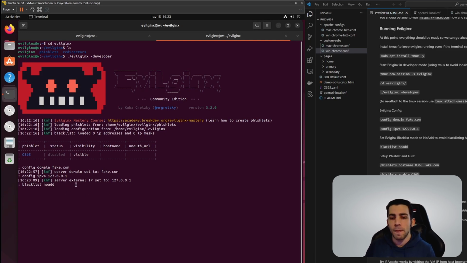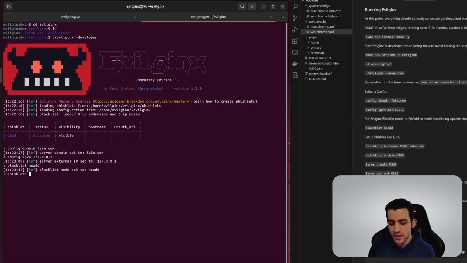And this is because Evilginx by default, if you leave the blacklist on, what will happen is that when anyone requests a URL other than the lure URL, they're going to be added to the blacklist, assuming that there are scanners or detection engines, or somebody investigating. But in our case, since Evilginx is sitting behind Apache, it's going to see all the requests coming from the localhost IP. So we're going to change the blacklist mode to noadd,